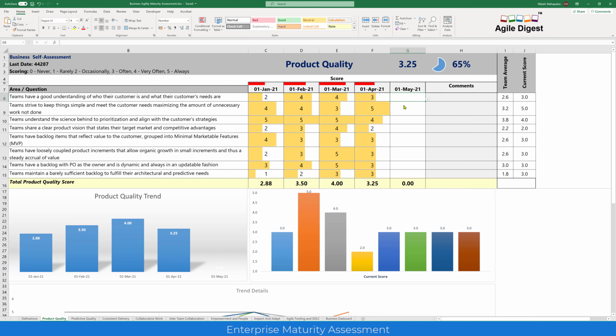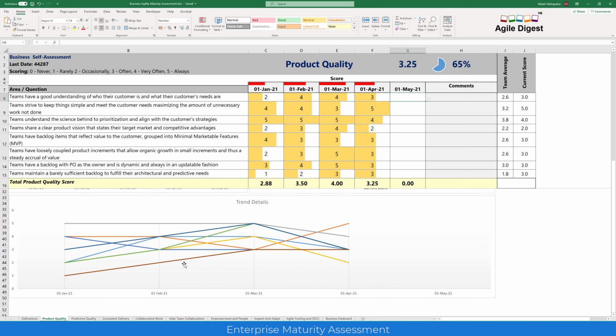It will take the last date's score, and for each date, the red bars show the overall score in a quick red bar over here, and the last score shows what percentage you have. You will be able to see the trend from date to date and the current score, and what the distribution of all those is. If you hover over, you'll be able to see which one this bar is for, and the trend will also show you all those different areas.